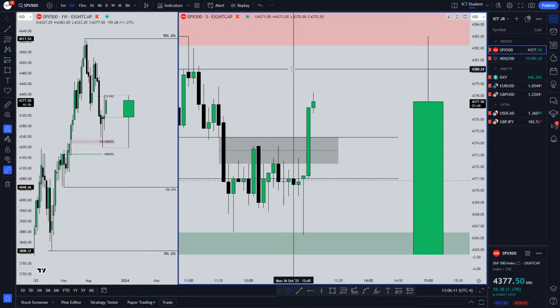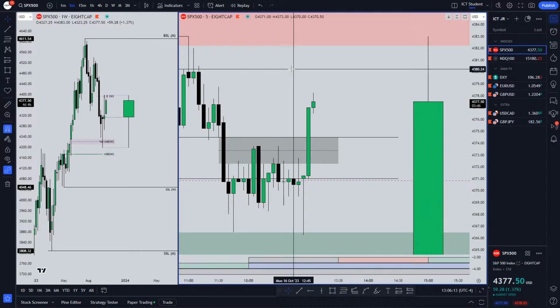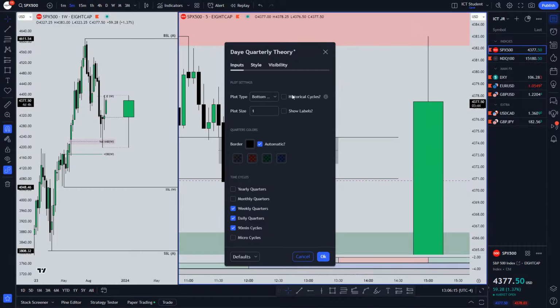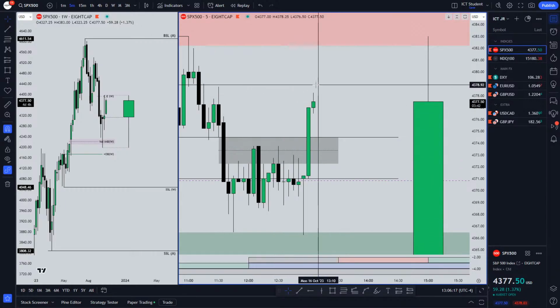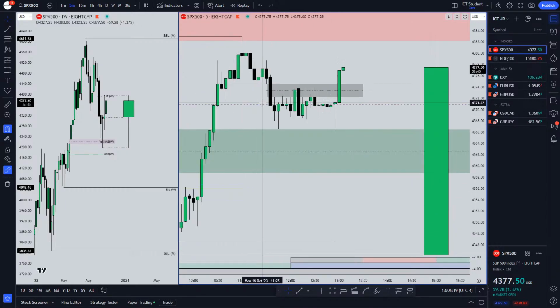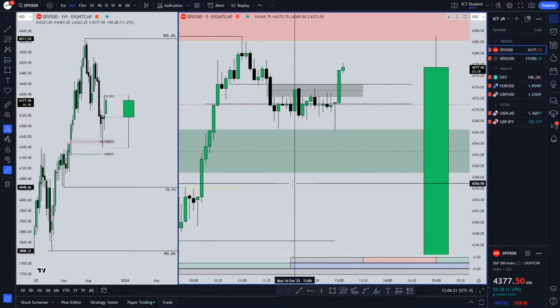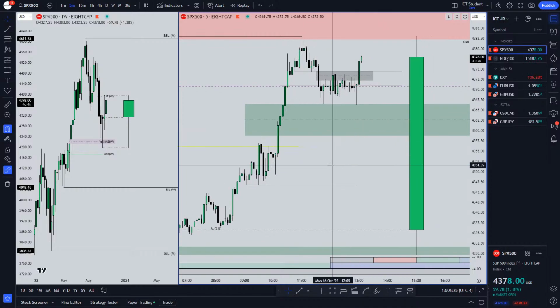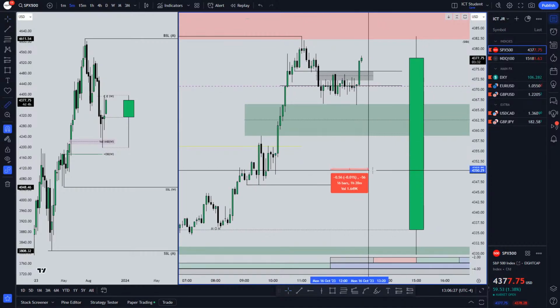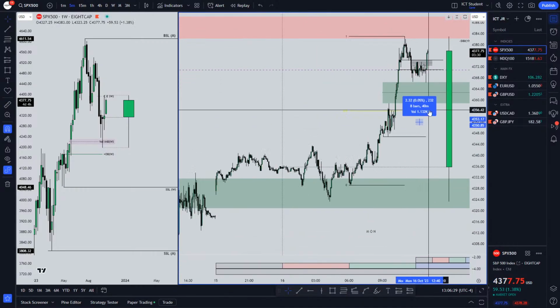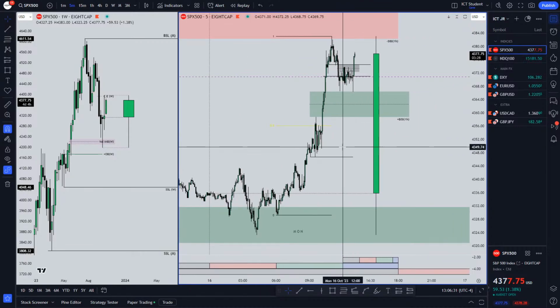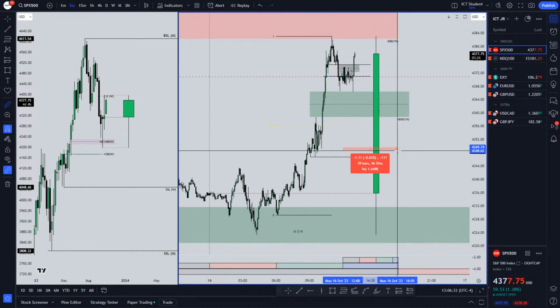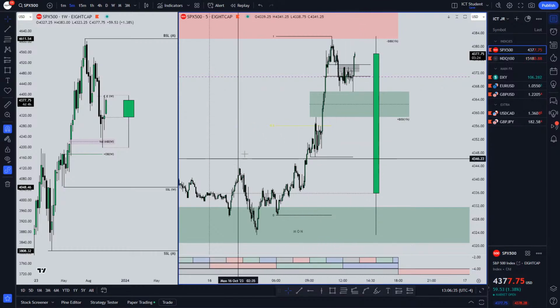I think I should put the historical cycles back on here. I don't know, just put it on. Let's see what the previous one was. It's gonna be a blue one. Come on, let me see. So we are inside of a continuation phase for the day. So continuation phase, seems like to me.